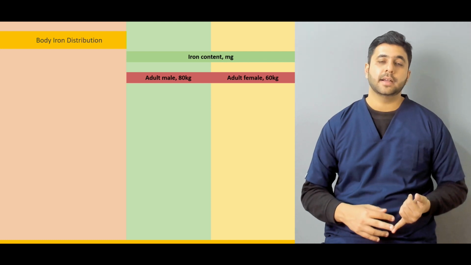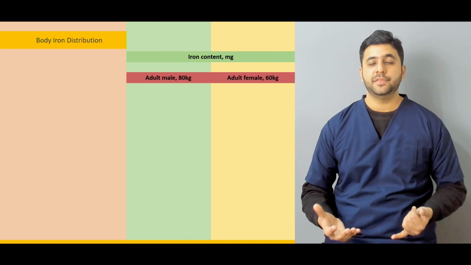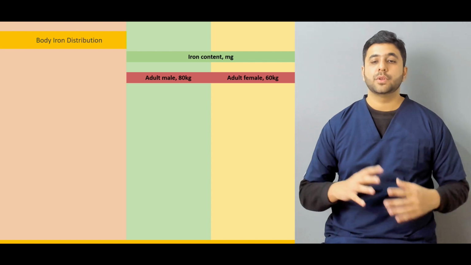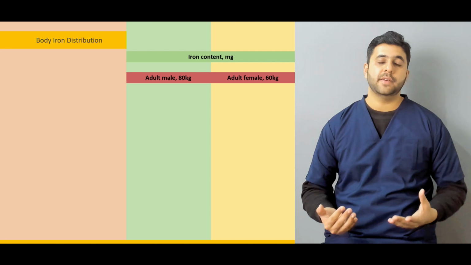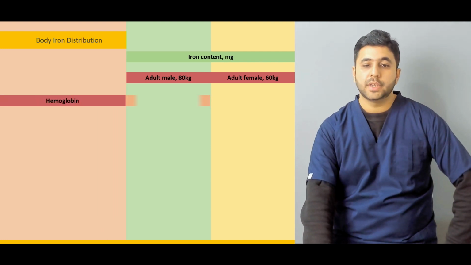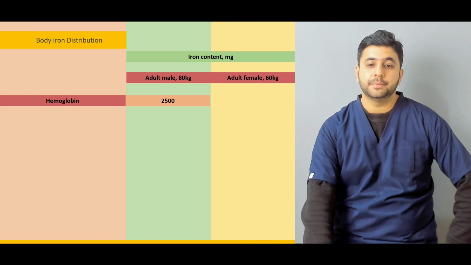Secondly, there is a cyclical loss of iron in the form of blood in an adult female through the menstrual cycle, which the males do not have. So these two contexts lead to generally increased levels of iron or hemoglobin in an adult male. So the hemoglobin level, the iron content in terms of milligrams in the hemoglobin in an adult male is generally